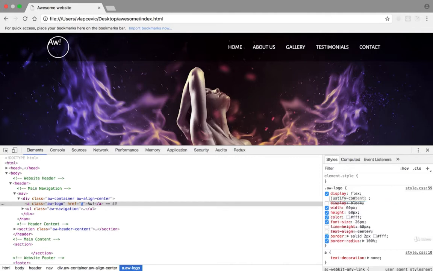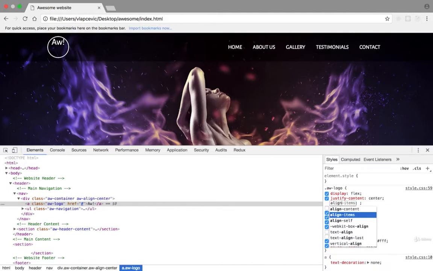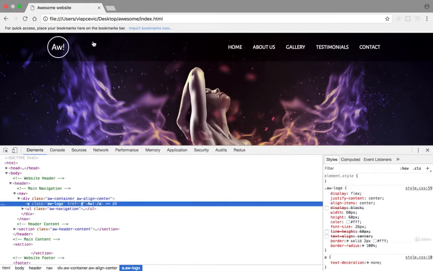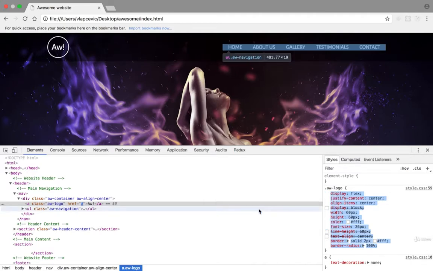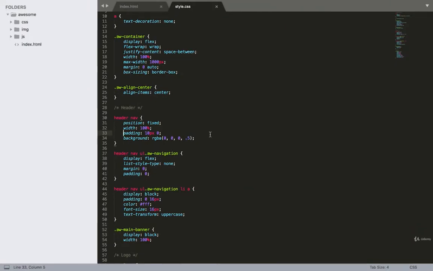justify content center and align items also center, which will achieve the same result as before, but our logo is now a bit more dynamic, and if we change the height of that logo, it will not happen that we have a situation where we have to change also line height here. So I will go now and just copy all of these styles